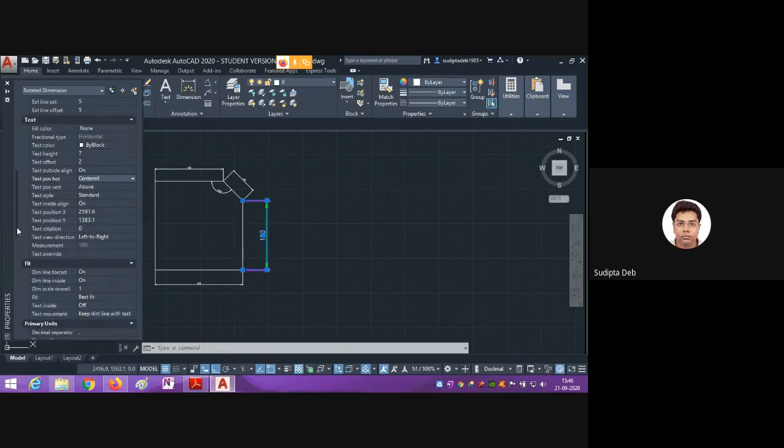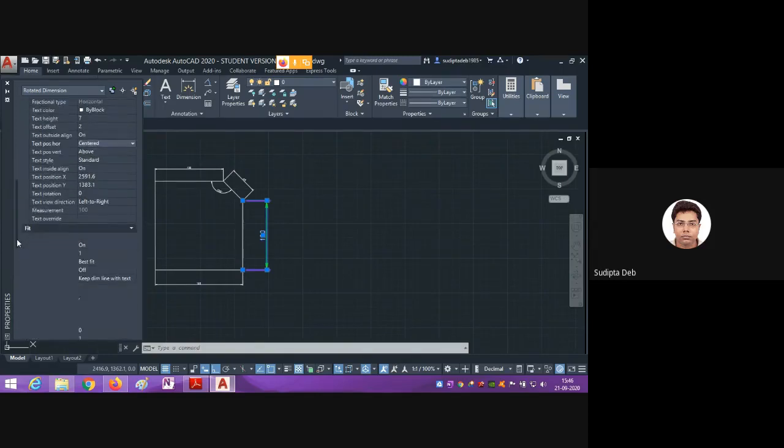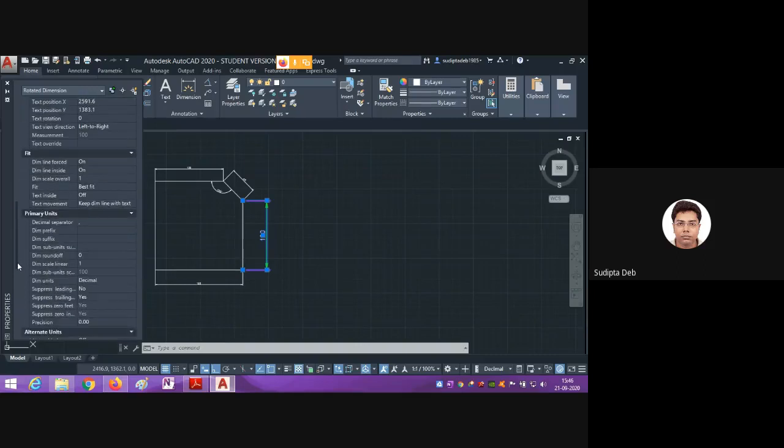Next, I want to change the primary units. There are other parameters that can also be changed, but right now they are not required. Precision: why are we changing it? Suppose you have the dimension 100.27. If I consider 0.00, it will show 100.27.